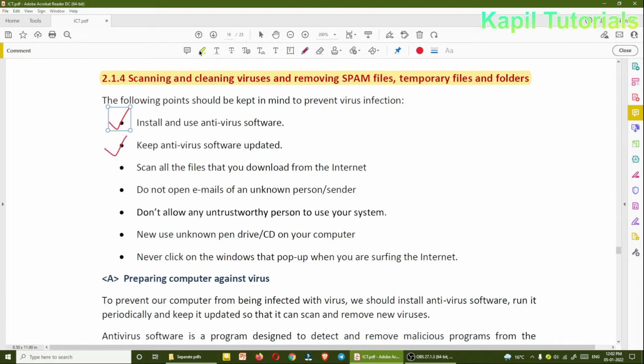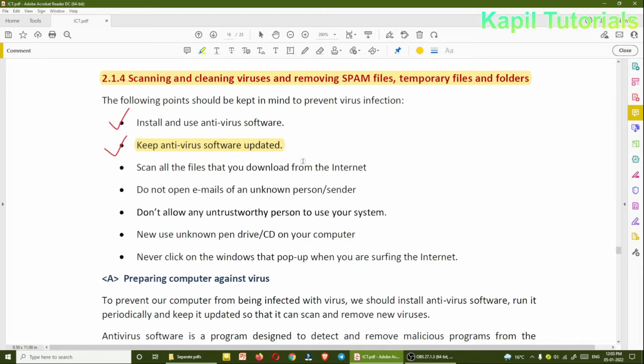Keep antivirus software updated. Yes, this is also very important. We have to keep our antivirus software updated, because each day plenty of new viruses are coming in the market. Many hackers are making this kind of software which is called a virus. In the same way, antivirus companies are also making vaccine-like updates, which are downloaded to their antivirus software, and when they are joined with it, your antivirus software gets updated, meaning now it can rectify the new virus.